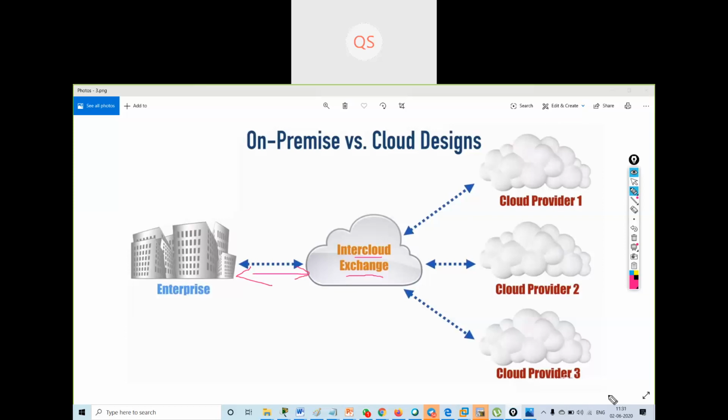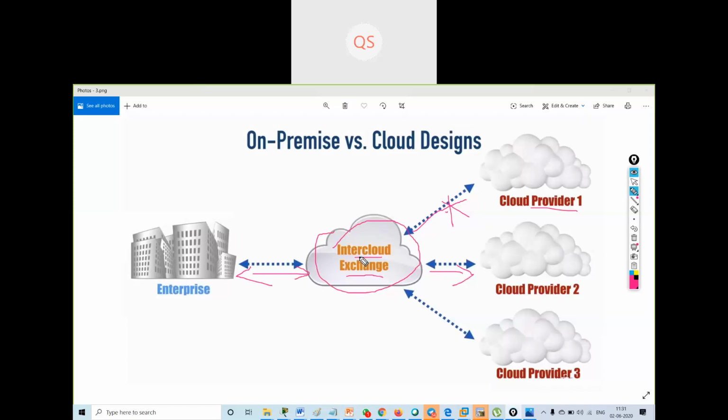Now suppose I decide, because of a rate increase, that I want to switch from one cloud provider to another. It is the intercloud exchange's responsibility to close the peering for cloud one and make the connection with the cloud two provider. That's a benefit of an intercloud exchange.